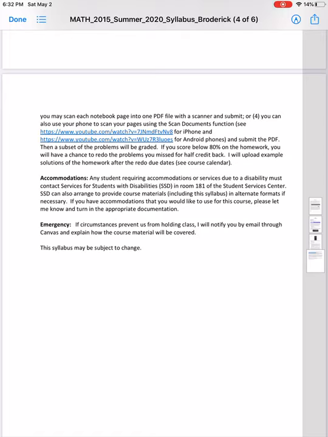The homework will be graded, just some of the problems. I don't have time to do all of the problems, unfortunately. But if you score below 80% on the grade that you get, you have a chance to redo the problems that you missed for half credit back. I will also upload example solutions of the homework after the redo due dates. So in preparation for the test, I'll upload sample